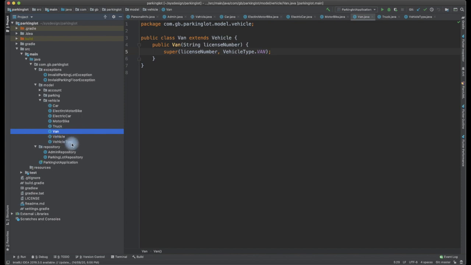So we might be able to add different vehicle types as they come in, right? We have modeled the vehicle in such a way that it is extendable, so we are taking care of extensibility by coming up with different types of vehicles and also different types of enums. Let us look into how this enum will be used later, but this is how we can achieve extensibility in the design of a vehicle.